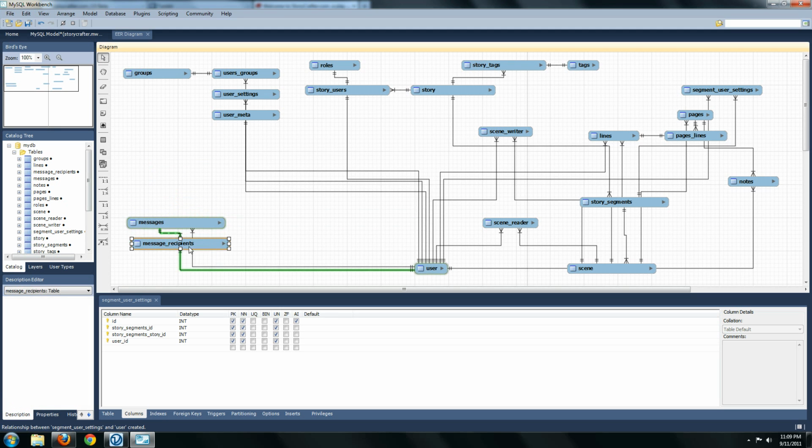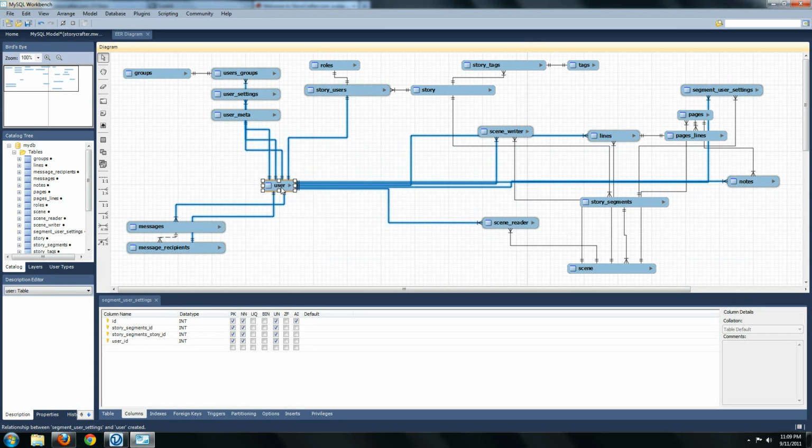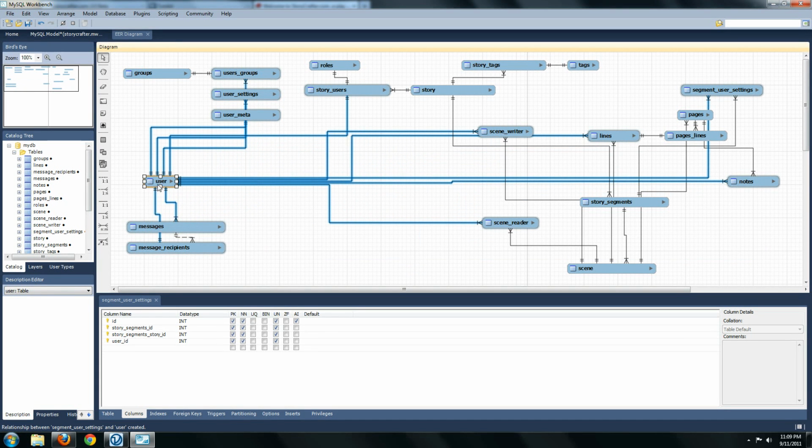Messages are going to be very similar. The difference is that you'll be able to send a message to more than one recipient. So if you're a story owner, you'll be able to send one message out to all of your writers, and so that'll be different. But the biggest and of course probably the most dramatic change to Storycrafter is from the